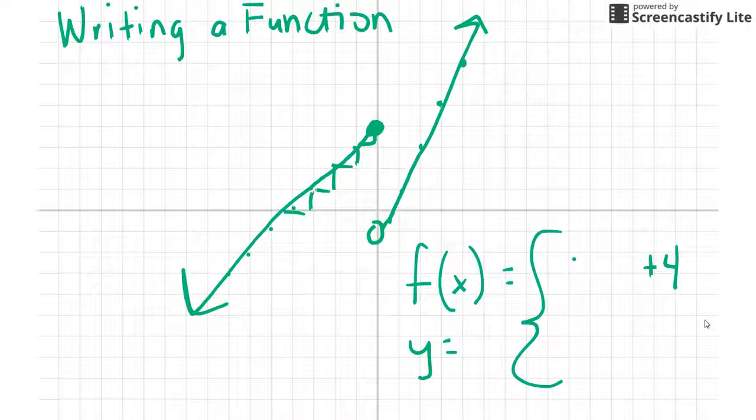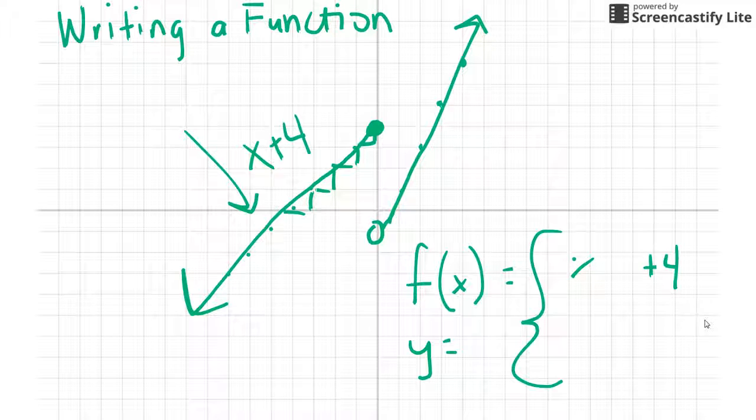I'm going to start with this one over here. I can see that it crosses the y-axis at +4. So I'm going to put a +4 down there, and then I'm going to count the slope. So it looks like I'm going down 1, right 1, down 1, right 1, down 1, or sorry, left 1, down left, down left. So it's